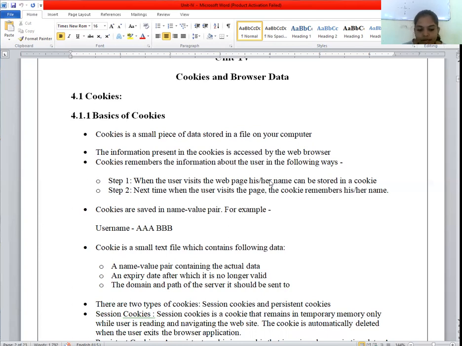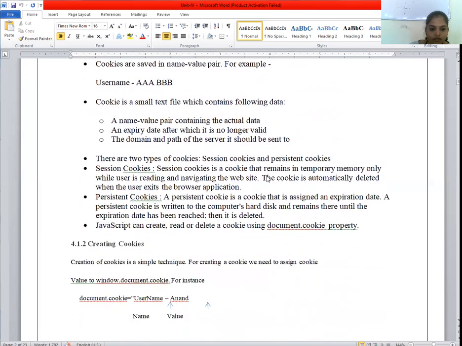As I already told you, expiry date means the date after which it is no longer valid. If you set it for within one month or one week, it will be deleted automatically and is no longer available. There are two types of cookies: session cookies and persistent cookies.